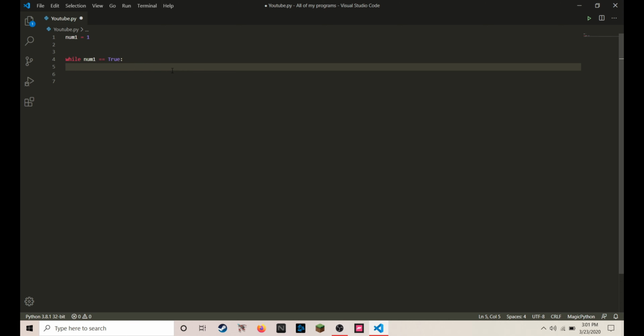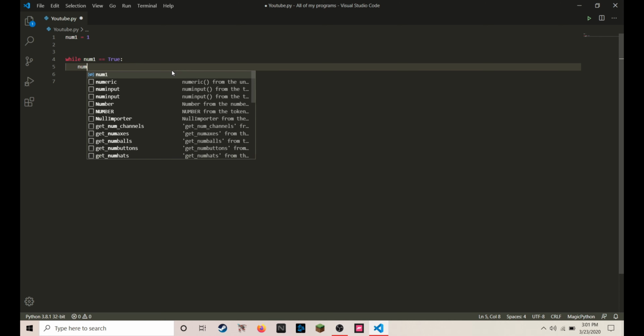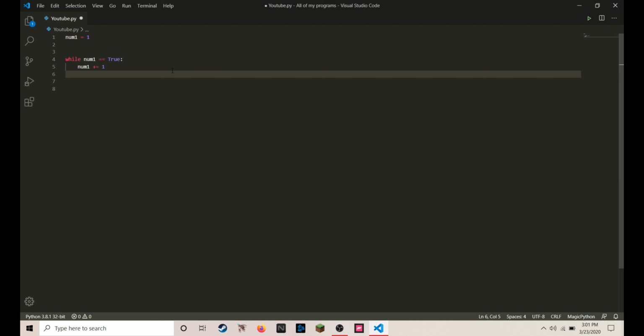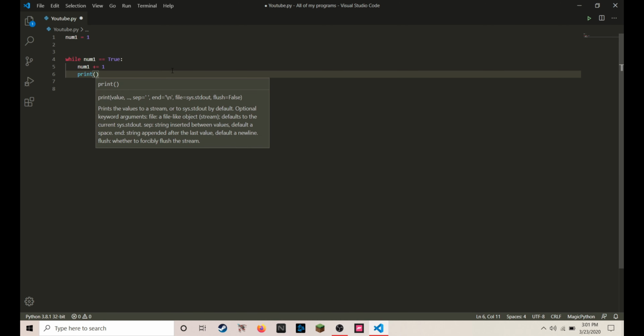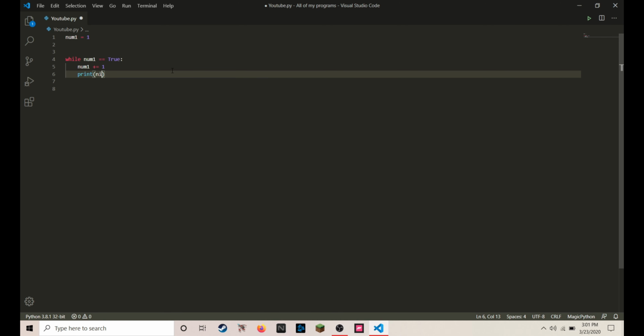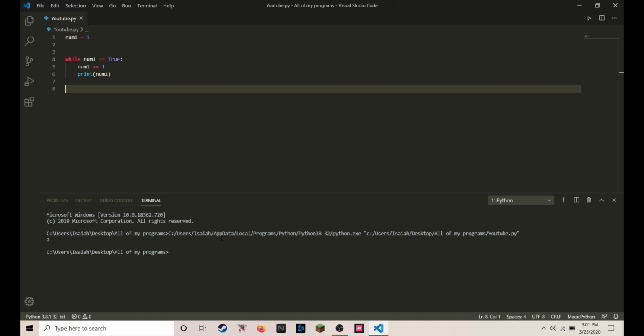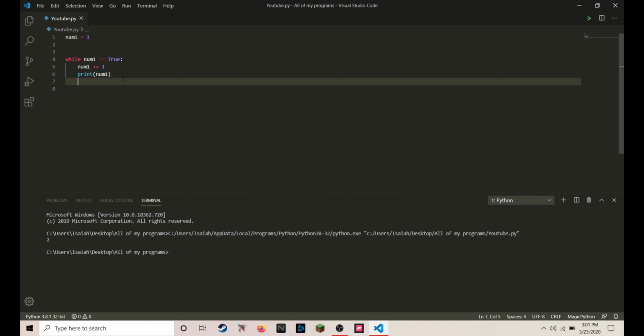We can do just like we did last time. Num1 plus equals 1, and then we can print num1, and this is going to do the same exact thing. I mean, we can try it, see if it does it, and it does too, because while num1 equals true,